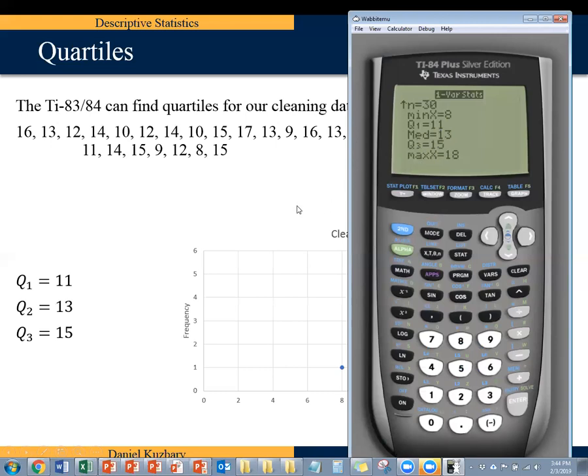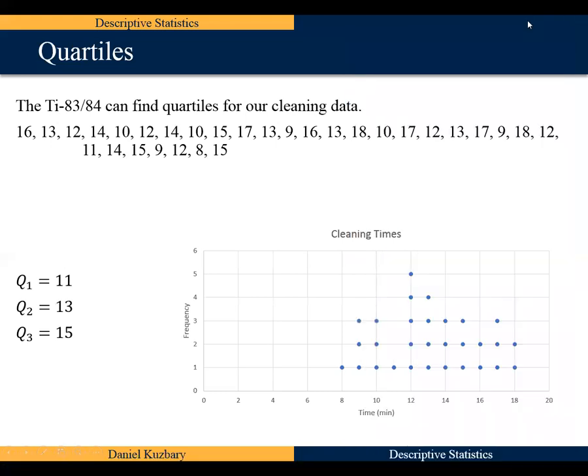So here's what I would do. If I'm finding quartiles for a data set, I'm not going to do it the long way like I would for percentiles. I'm just going to use my calculator and get the quartiles that way. So I got my 3 quartiles here for the cleaning data. So that means if I'm looking at the cleaning data on a histogram, or my dot plot,